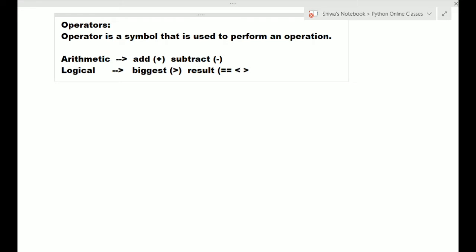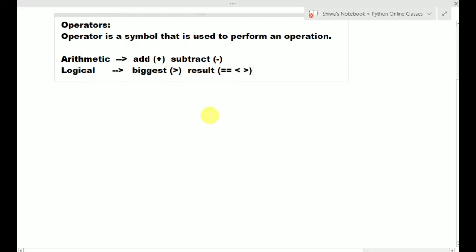Checking whether the given number is even or odd are also examples of logical operations. Addition, subtraction, multiplication, division are the examples for arithmetic operations. So to perform arithmetic or logical operations, we use some symbols. Those symbols are called operators.